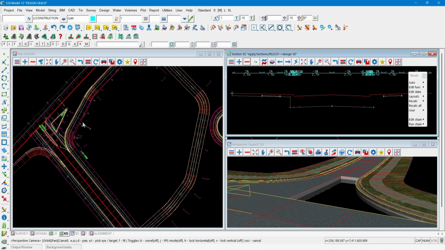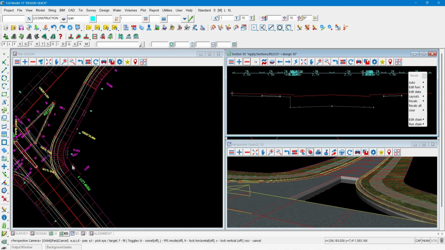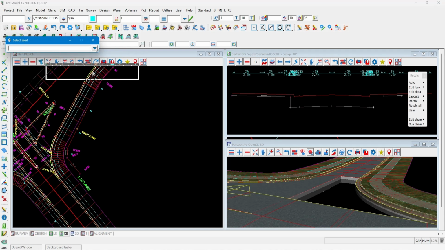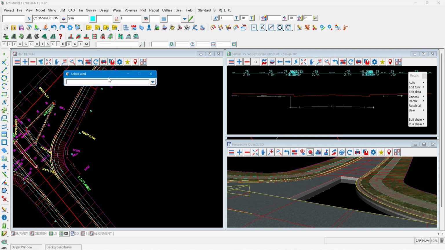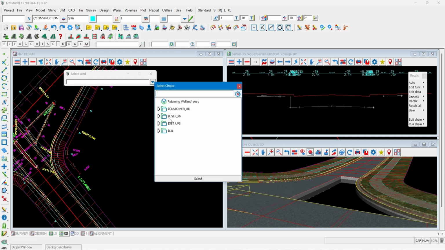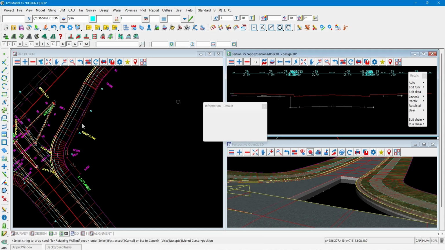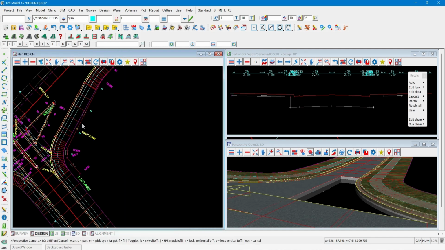But I do have a reference ring here, which is the bottom of a retaining wall. We have this new option of running a user seed file, so you don't even need a toolbar option. What I can do is choose the user seed from up here. It will do a scan of all the seed files within my standard search paths. So if I had seed files in my user library or not, I've got one directly in the job here called retaining wall. Now this seed file does have those rules complied with it. So I can just choose this custom or user seed file, pick on the reference 3D geometry I want that applied in,